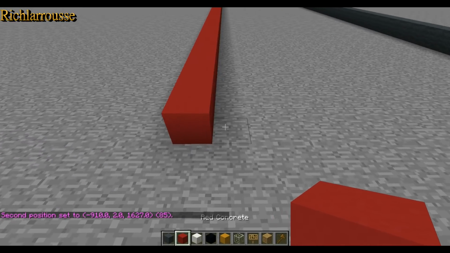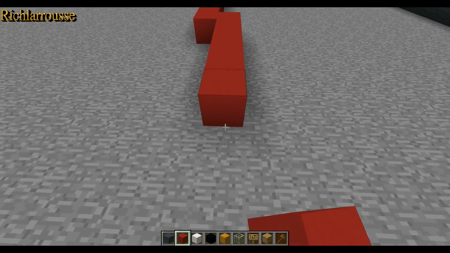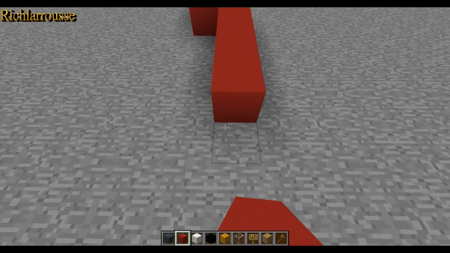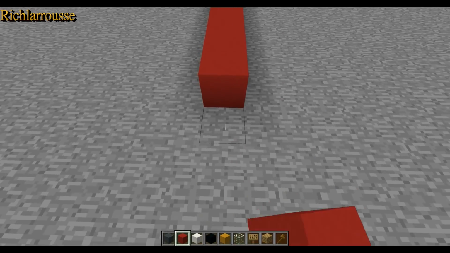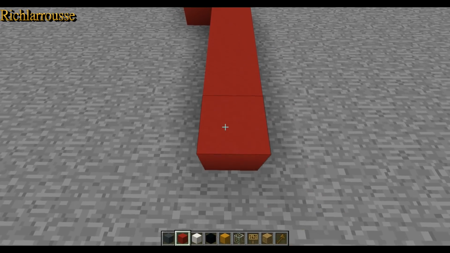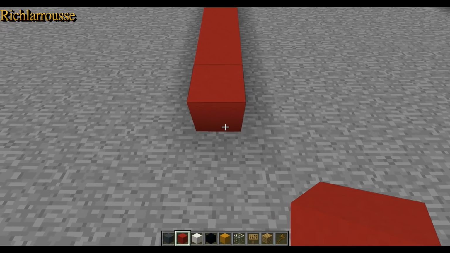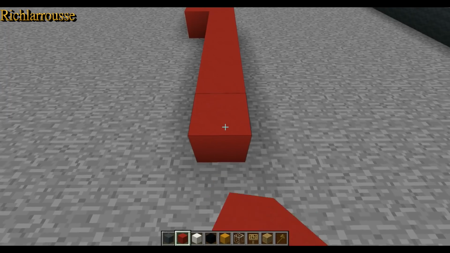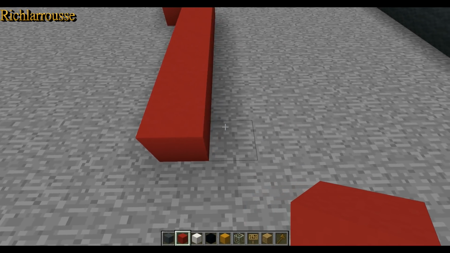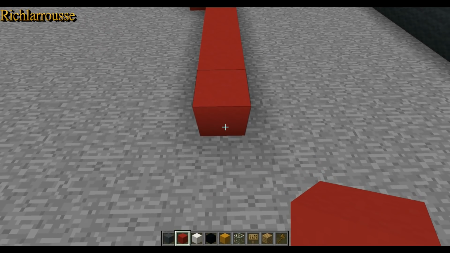So at the end of the 85 we want 2 rows of 16, so 1 2 3 4 5 6 7 8 9 10 11 12 13 14 15 16, 1 2 3 4 5 6 7 8 9 10 11 12 13 14 15 16, and then a row of 11, 1 2 3 4 5 6 7 8 9 10 11, and then 2 rows of 7, 1 2 3 4 5 6 7, 1 2 3 4 5 6 7, and then a row of 8, 1 2 3 4 5 6 7 8,